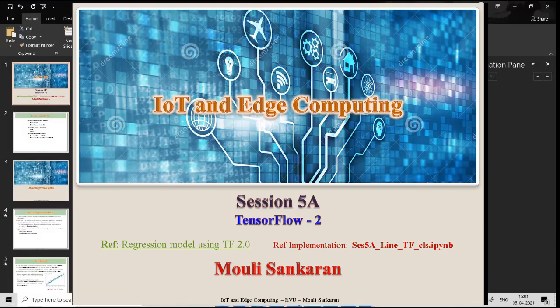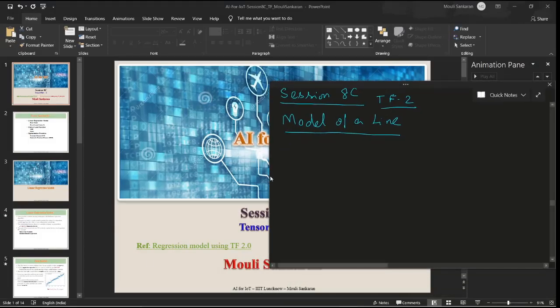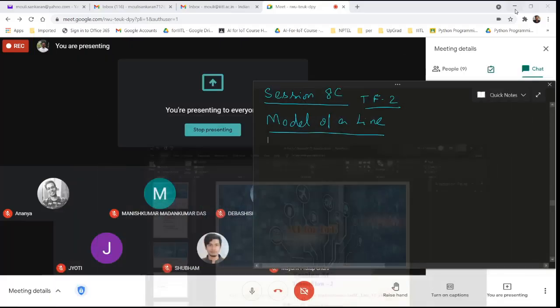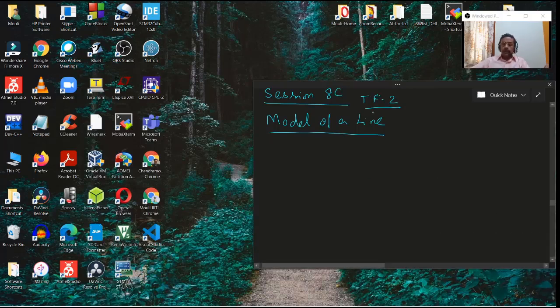Okay, before I start what I plan to do today, let me explain the outline so that you understand the broader picture. Okay, here what we are going to do is we will use TensorFlow 2.0